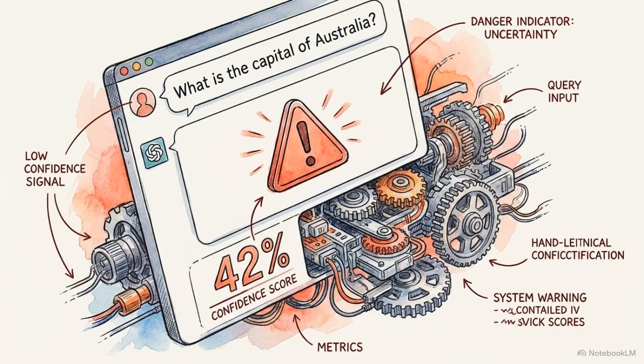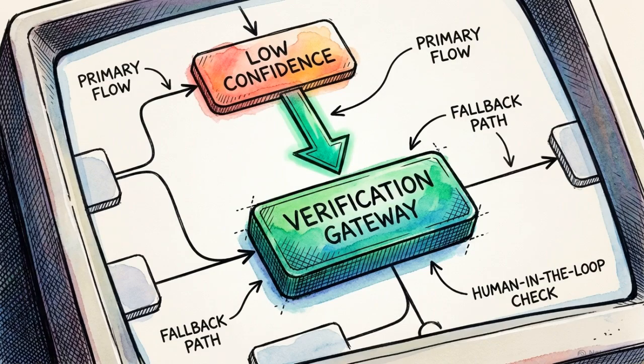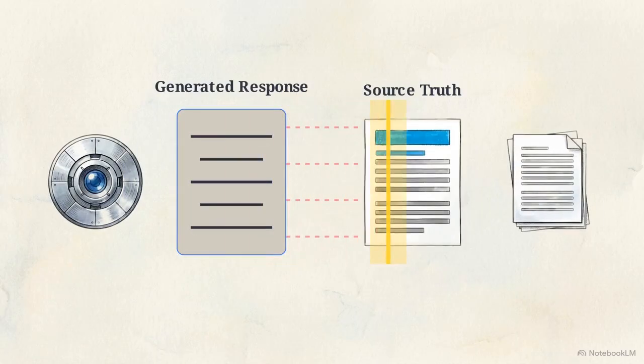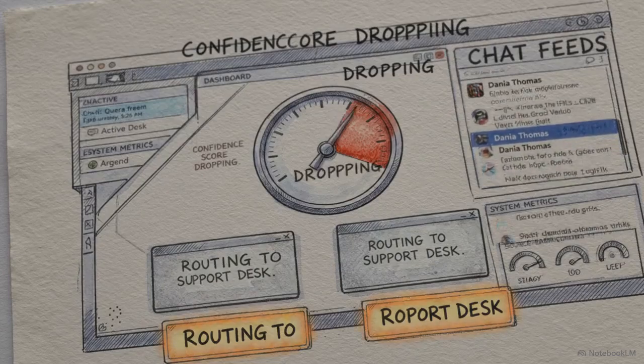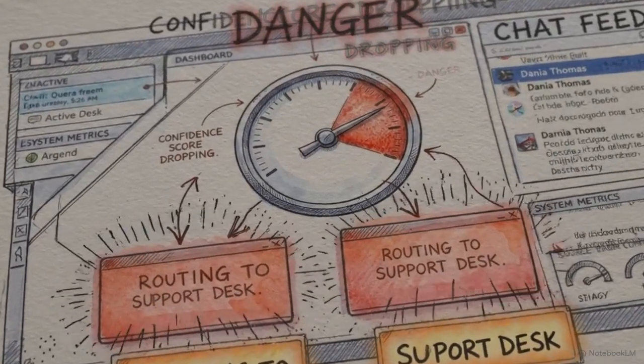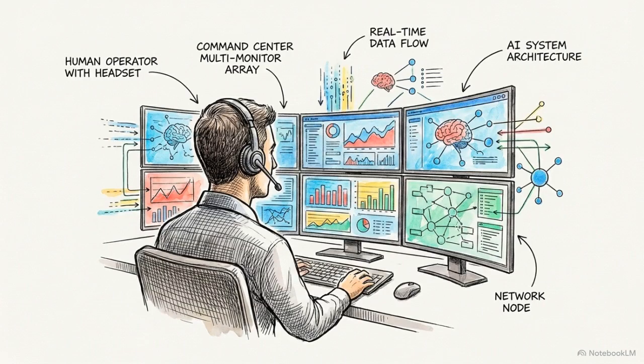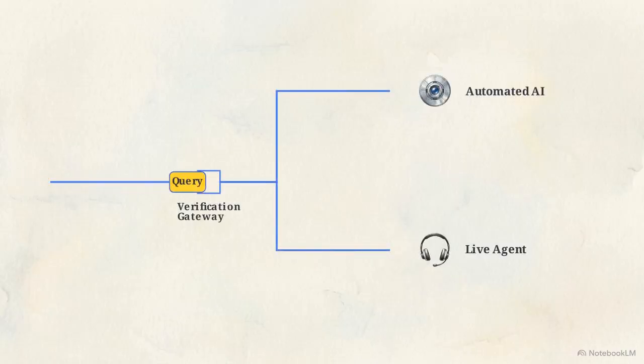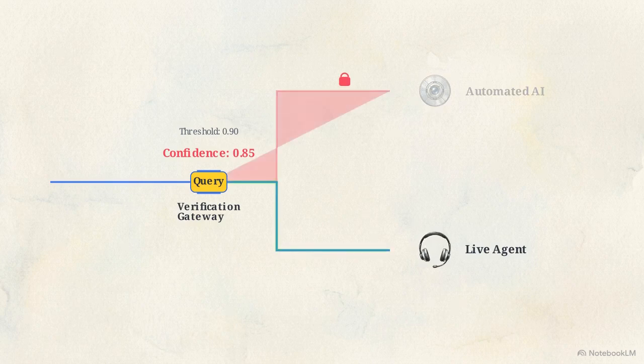Even with high-quality data, an AI may still encounter a query it cannot resolve with certainty. This is where corrective RAG systems provide a final safety net. These systems evaluate the generated response against the source documents in real time. If the confidence score falls below a specific threshold, the system halts the response and triggers an intervention. In many enterprise setups, that intervention is a human-in-the-loop fallback. Instead of allowing the AI to guess, the system automatically routes the low-confidence query to a live customer service agent.